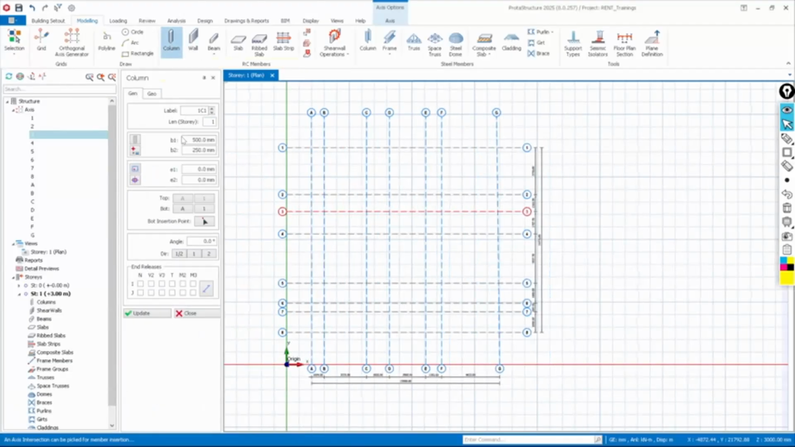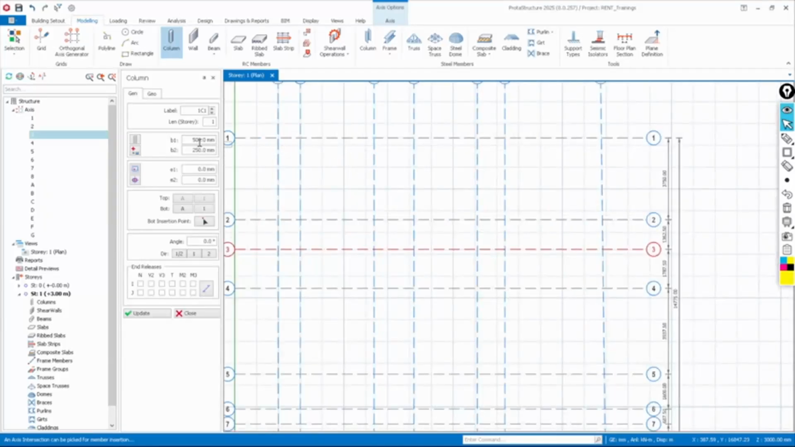So when you click on that, you are going to get this properties dialog that is going to be showing you the properties of your column. So here we have the label as 1C1, and here we have the length of story. We have the breadth, which is B1. B1 simply means the horizontal breadth of your rectangular column, and then B2 is the vertical breadth of your rectangular column. And here we have your eccentricity, E1 and E2, and most of us must have come across this eccentricity before,